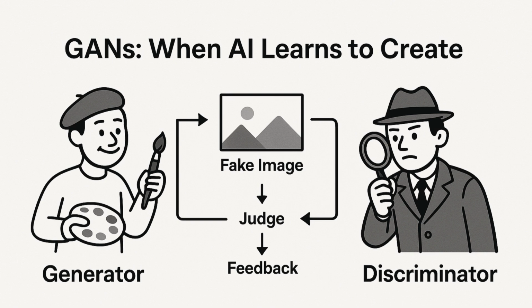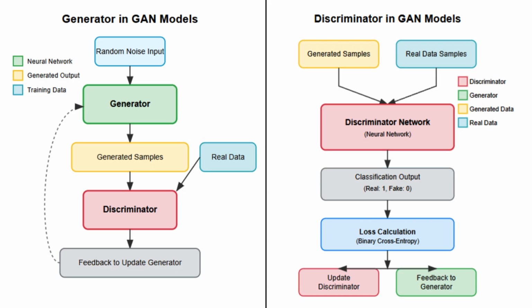Here's the cool part. Every time the generator fools the discriminator, it gets better at creating even more realistic images. And every time the discriminator catches a fake, it gets better at spotting fakes. They compete with each other again and again, like an art forger and an art expert constantly improving. Over time, the forger gets so good that even humans might not tell the difference.